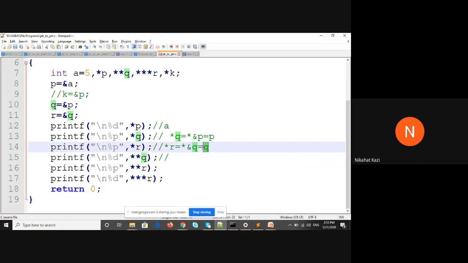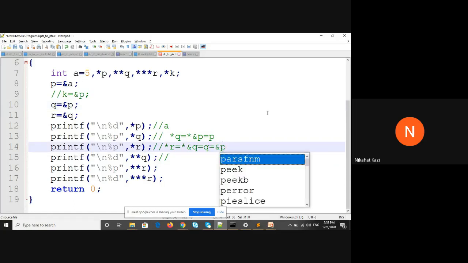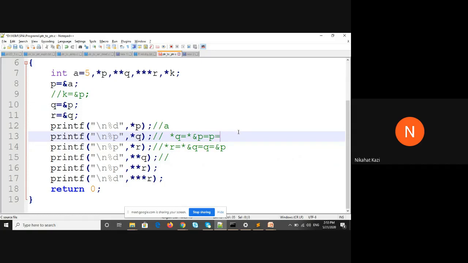Okay, so Q is going to give me P's address. What will Q print? It is going to print P's address. So the answer will be address of P. I'll just write it so you will understand. The answer should be address of A here. Answer should be address of A. Here it should be address of P. And the answer here should be,